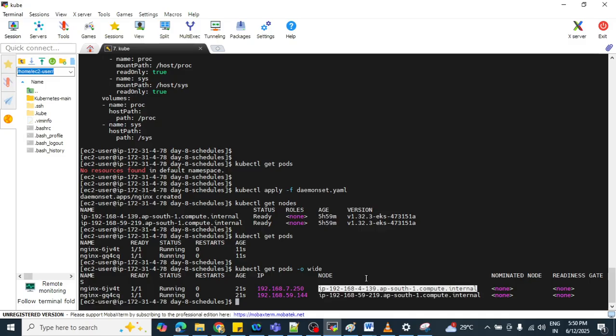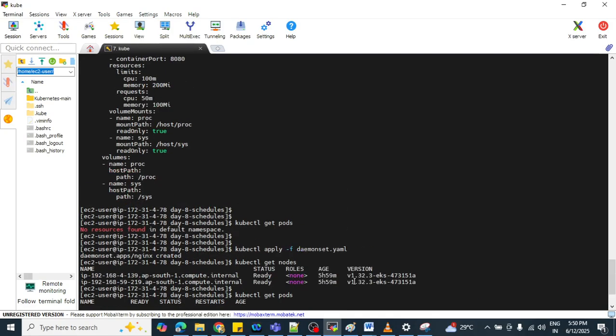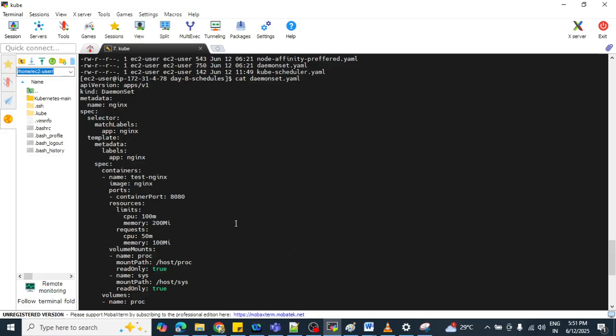Next question: in my daemon set, do we have any replicas entries or not? No, because the concept is one pod per node. If you define a replica set entry, then only that many pods are going to be created. So here we are not defining any replica entry inside the daemon set.